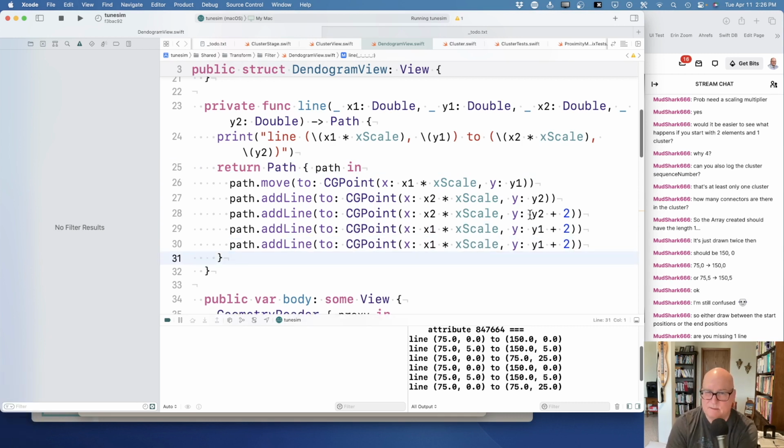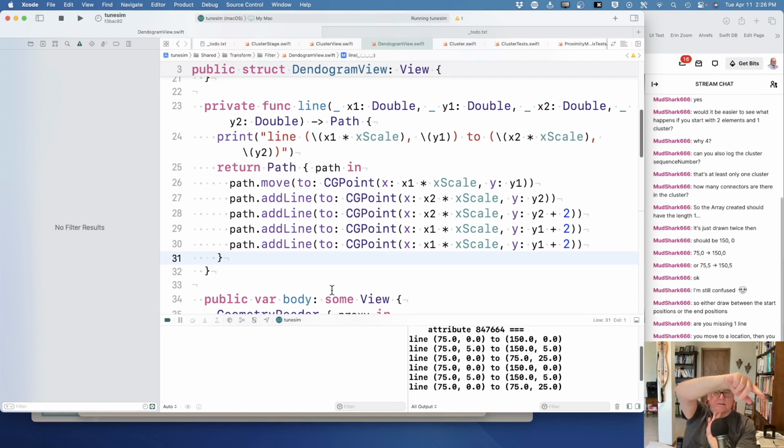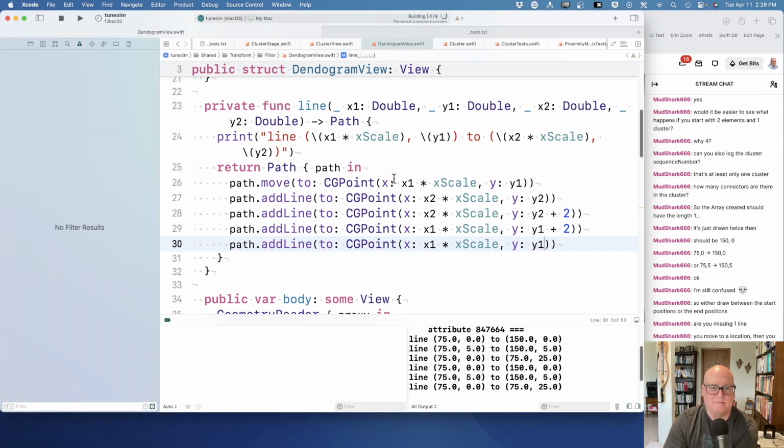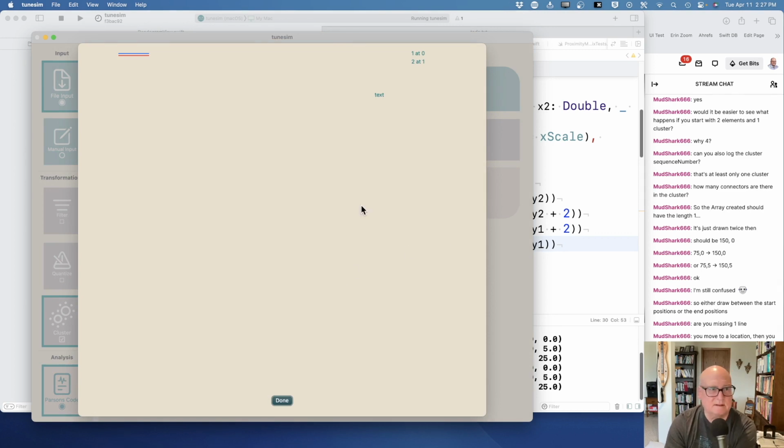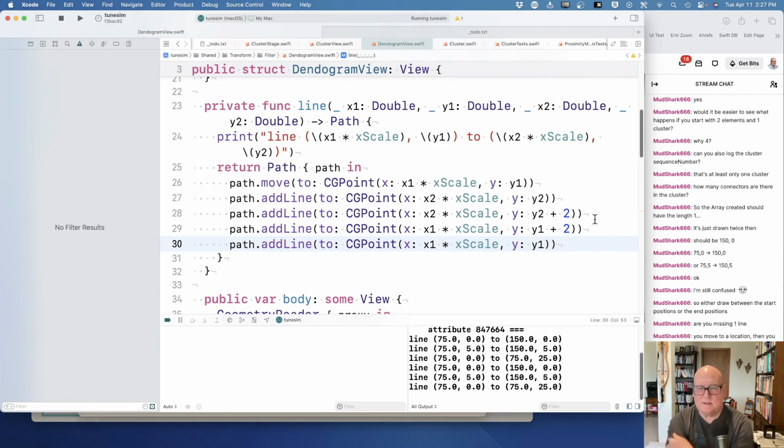But maybe I need to adjust X's as well. I should go back from, okay, move to there. I go down a little bit. I go back. Move to the first point. Add a line to the second point. Add a line going down. Move back to the first point down and then move. Okay, let's run it. Well, I like it in principle. I don't know if I'm doing things right with the Y's, but